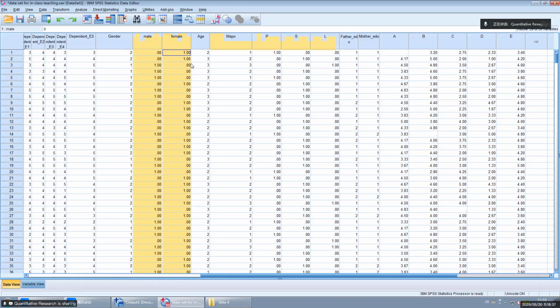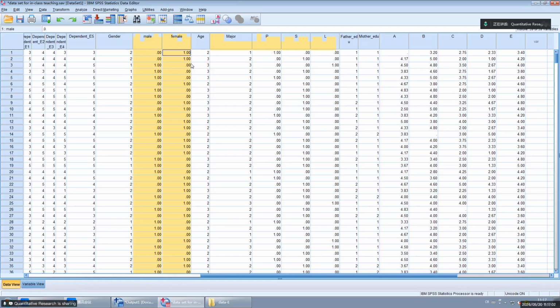So the reference group will not be dragged into the regression model. Instead, all the other dummy variables will be used in the regression model.